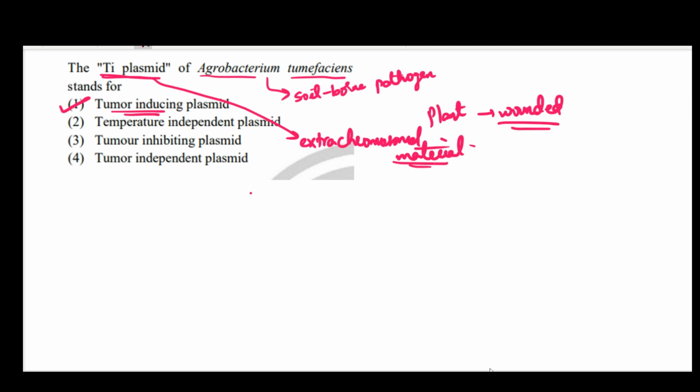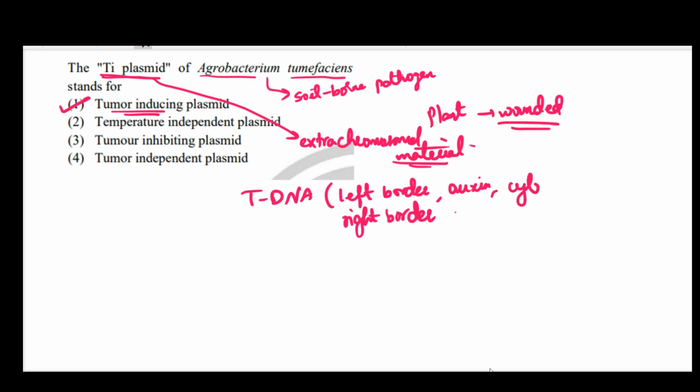Once the Agrobacterium tumefaciens infects a plant, in the Ti plasmid there is a specific region known as tDNA, which consists of left border sequence, right border sequences, along with certain genes that encode auxins and cytokinins. And why are these auxins and cytokinins required? They cause excess division of cells, as a result of which a tumor is induced in the